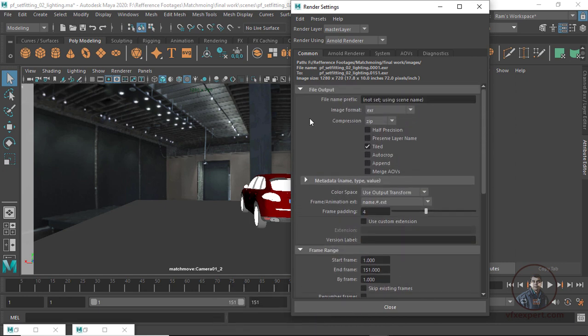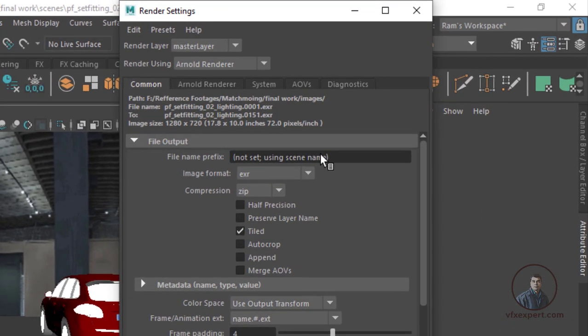So this is also important, file name prefix, which means here we are creating render passes. Okay, if you give a proper name here, you can easily recognize all your passes, maybe beauty passes, maybe specular, maybe diffuse, all these things. So this is important. Okay, now here you will see I am going to assign some scripts.